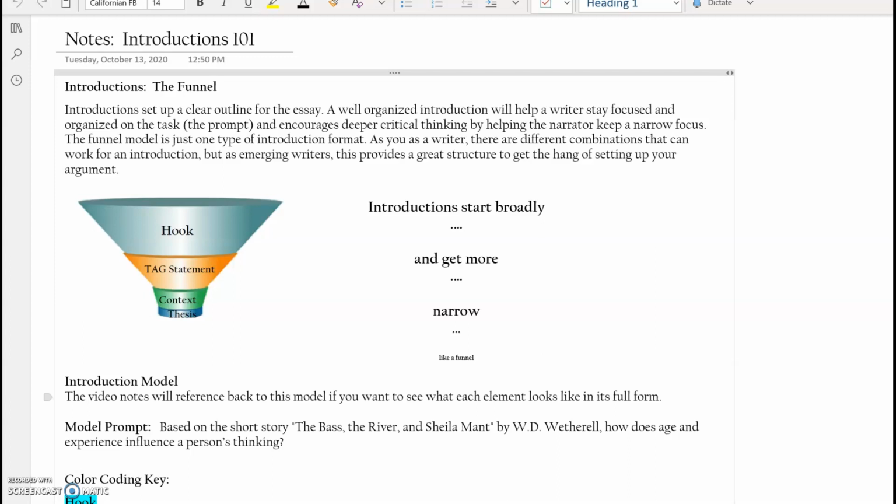We're going to use these notes to prepare ourselves for tomorrow's writing workshop where we practice our introductions in class. So the method for introductions that we're going to be using is called the funnel. There are a lot of different ways that you can organize your introduction, but we like to start with the funnel because it's a great organizational tool for emerging writers when we're learning the ropes of what an